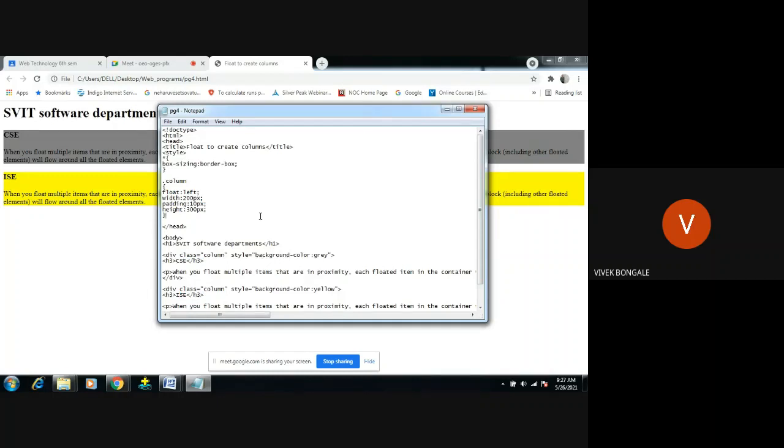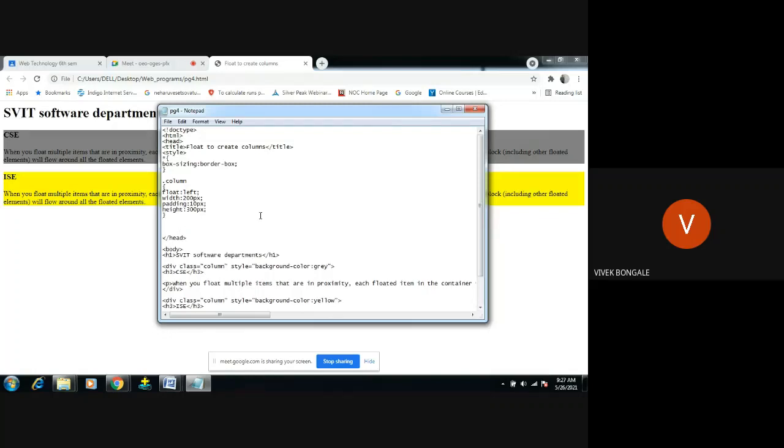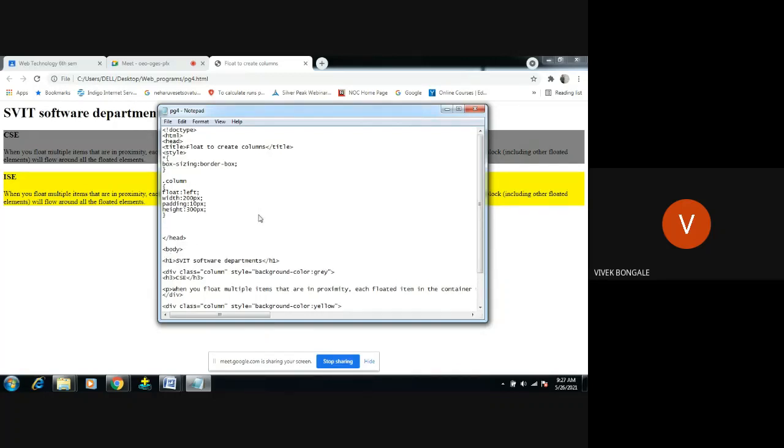But we are trying to create the row also, right? For that we have to create the container for the row, one row we're going to create. If we use only this part, we'll not get the row here, only the columns. We also need a row, meaning CSC will get one row, the middle will get a center line, and then ISC.